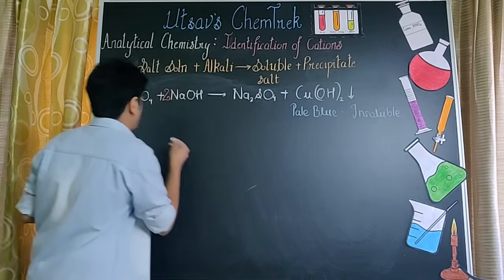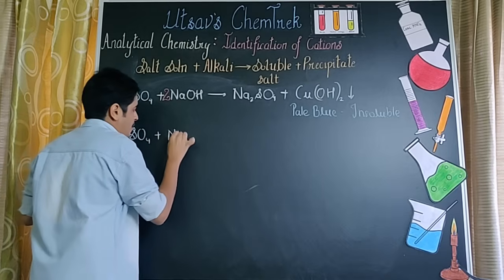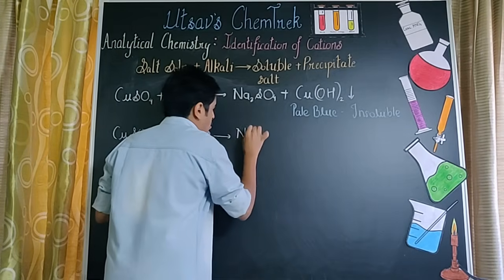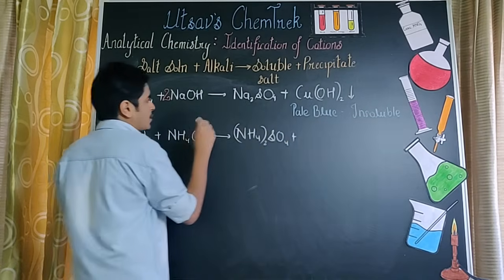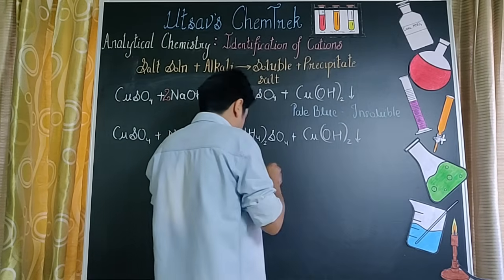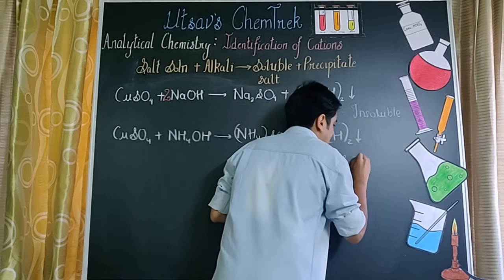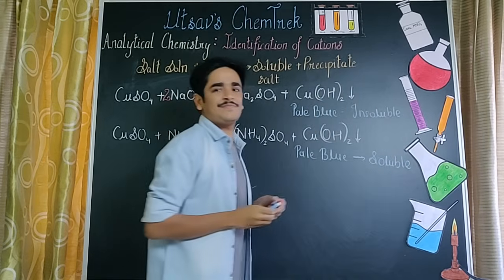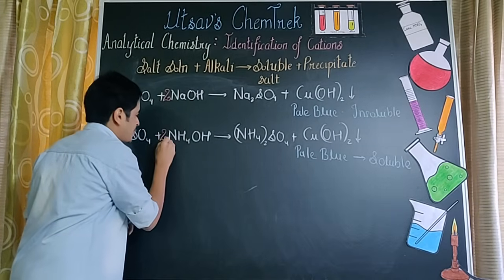After this, let's see what we're going to do. I can do the similar equation with ammonium hydroxide. So I take copper sulfate, I put ammonium hydroxide, which is NH4OH. NH4 goes with SO4, I get (NH4)2SO4, and Cu(OH)2. Now copper hydroxide again is supposed to be a pale blue precipitate, but now let's see what is going to happen. Pale blue precipitate तो है, but this time this particular precipitate is going to dissolve. So I write down solute. Now I balance this particular equation by placing a 2 in front of NH4OH.